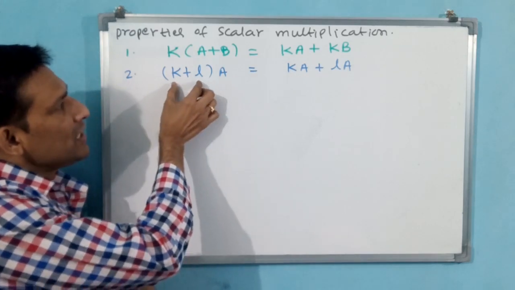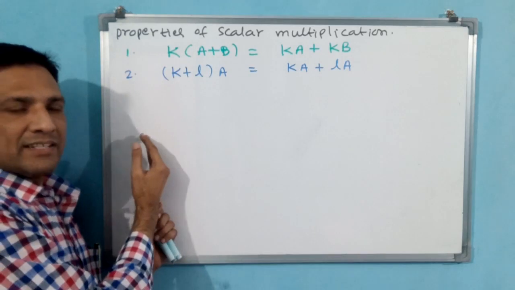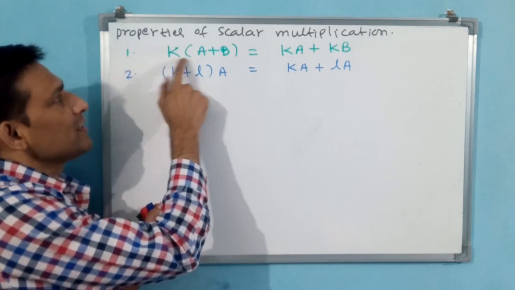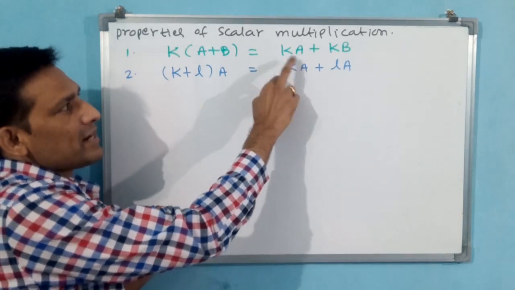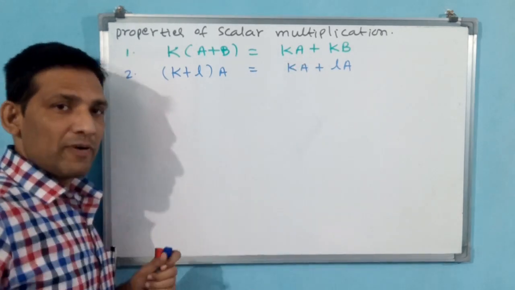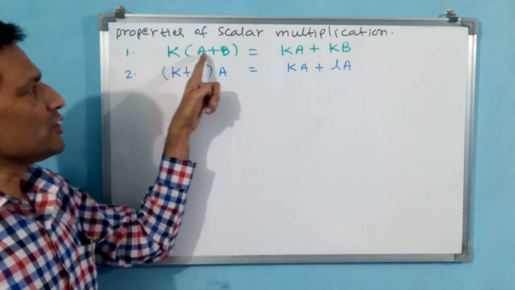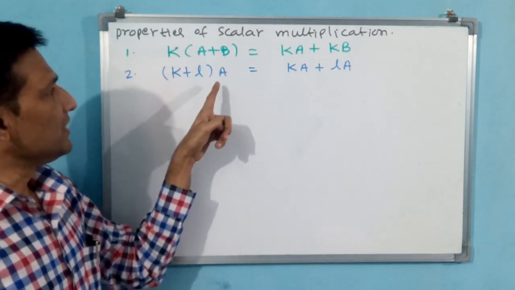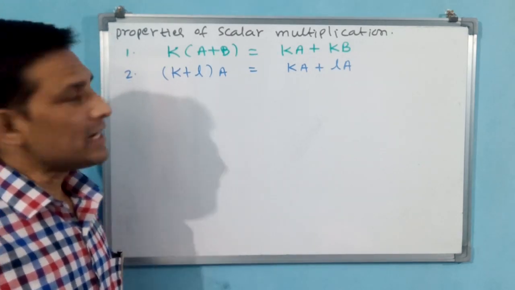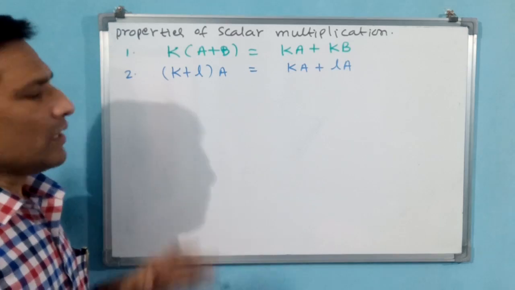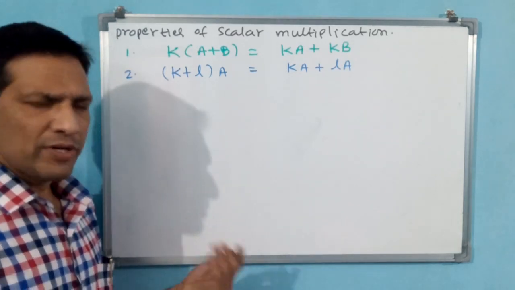Here also you see scalars, then matrix. Left side scalar, right side matrix. Like that you follow. Here one scalar distributes over two matrices. Here one matrix distributes over two scalars. Understand this one? Okay. Now these two properties we need not see any proof, because anyway we are now going to multiplication.